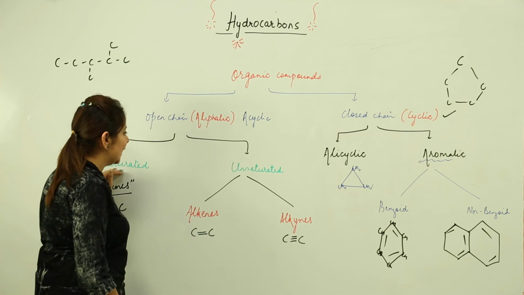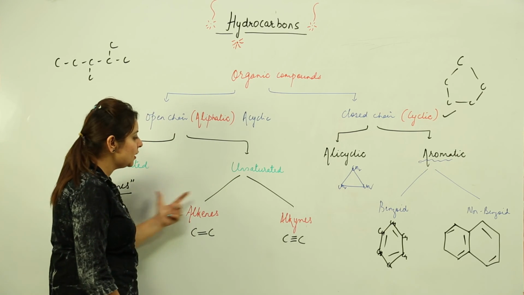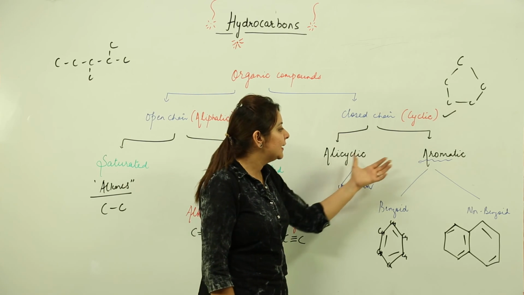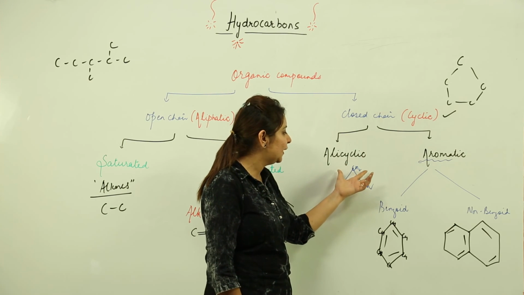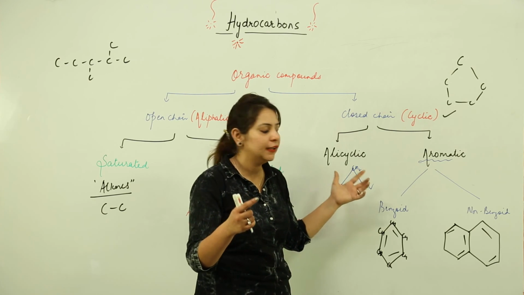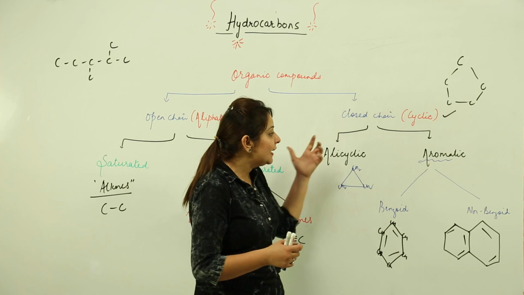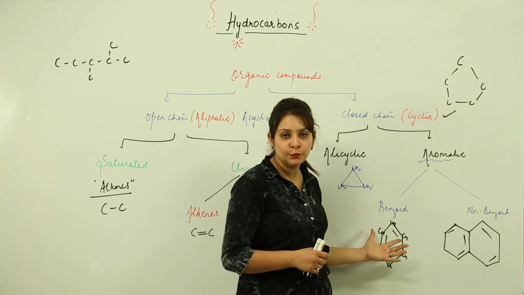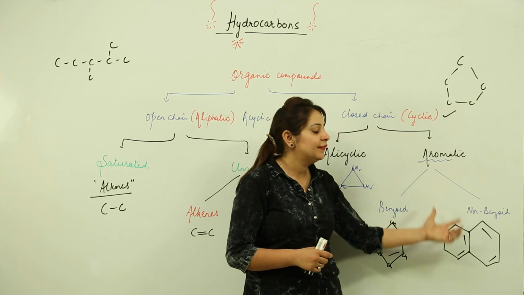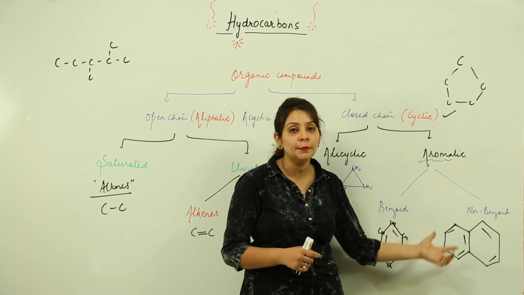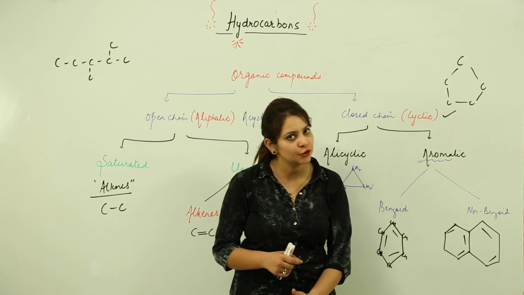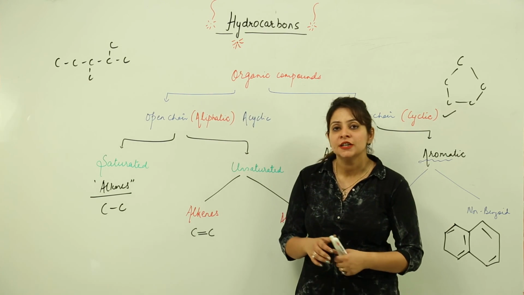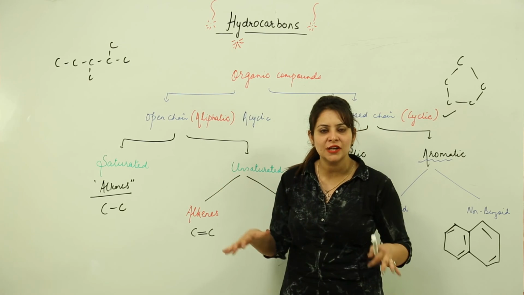Aliphatic is further divided into saturated and unsaturated, with single bond, double or triple bond. Alicyclic has a closed ring, right? And this may also contain any other atom in addition to carbon, right? And aromatic is that which, if it contains a benzene ring, belongs to a benzoid like structure, and when it possesses a ring but particularly not a benzene ring, it is a non-benzoid structure. So this is our basic classification of the organic compounds. Just look at the board, practice it, make a flow chart and just go